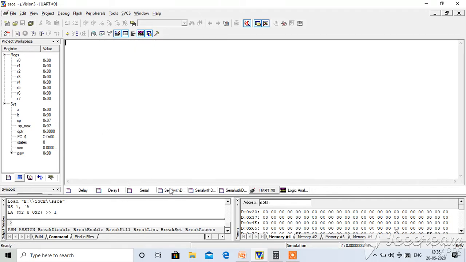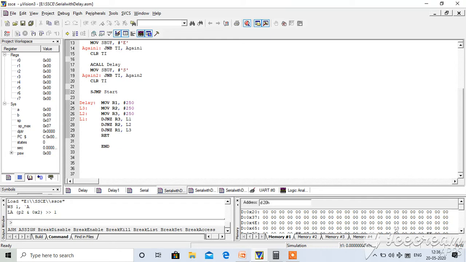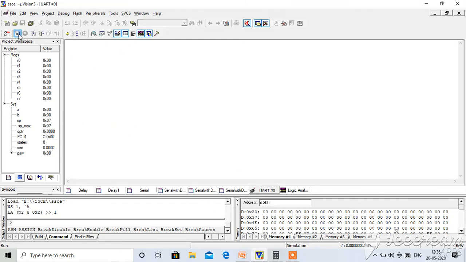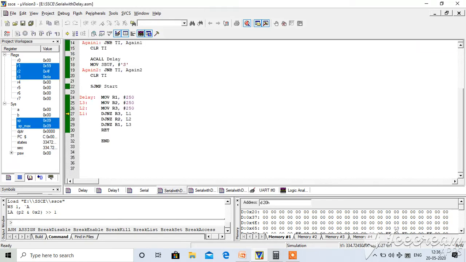This is the program to be run. Just say run and observe the delays. We can easily monitor one by one. So based on the application, we can insert the delay amount. Then stop this.